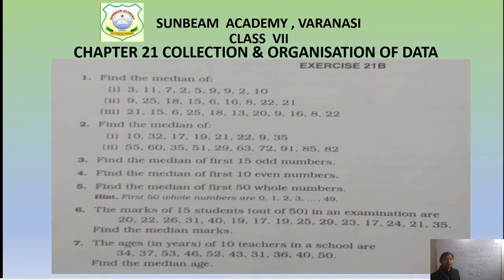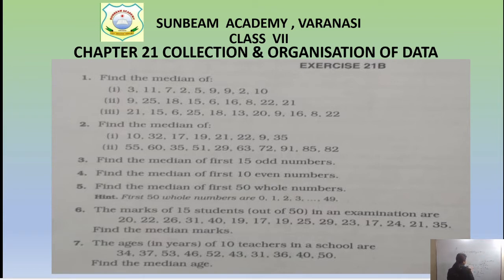Question number 2. Find the median of the same question. So let me see, if it is even then we will pick it, otherwise odd you can do. 1, 2, 3, 4, 5, 6, 7, 8. Yes, it is even. In question number 2, an even number of observations are given. So we are going to do question number 2 first part. Write it down, children, and then the data in ascending order. Do it on your own and then match it with my work.